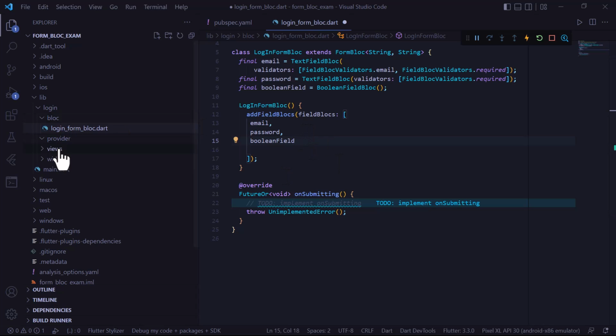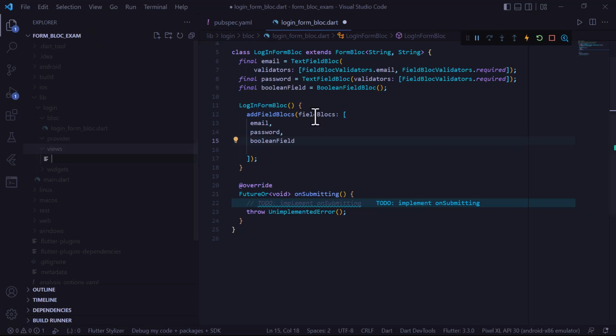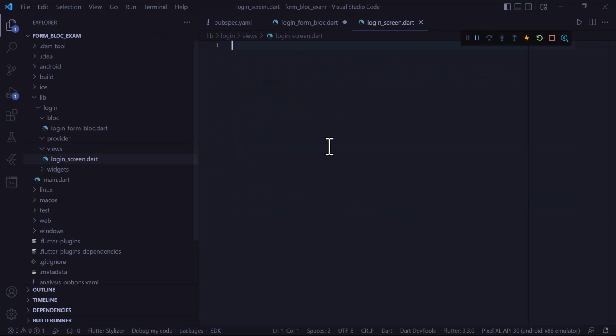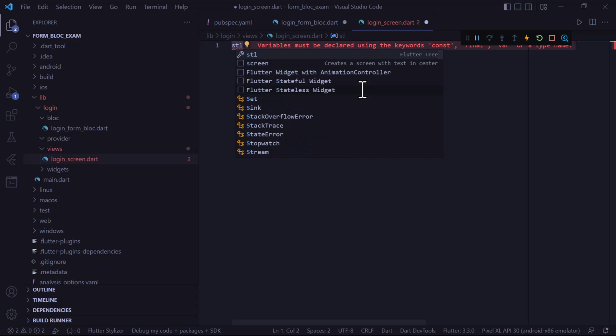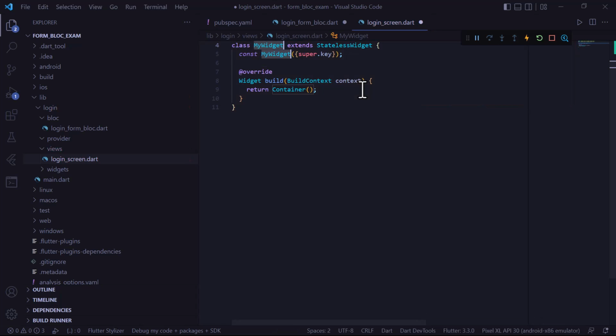So we can now go to our view and maybe create a class. So we could create our class by saying, let's say, login screen dot. So here now we could create a stateless widget. So we can call this login screen. So with this now,